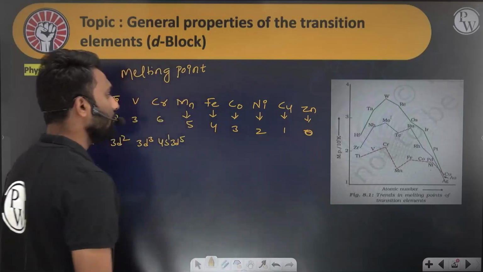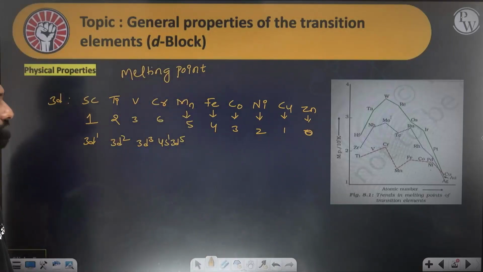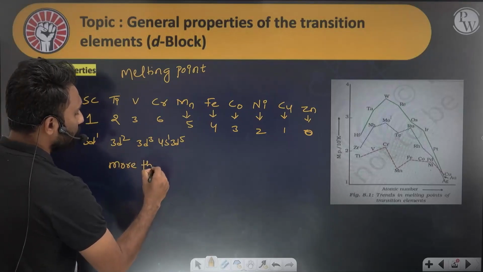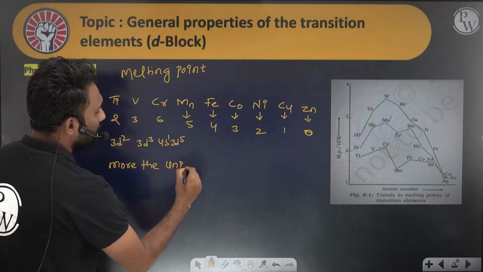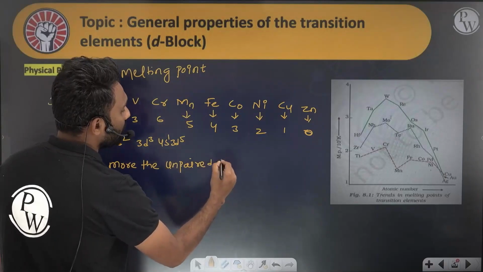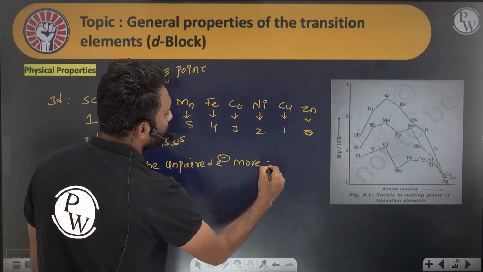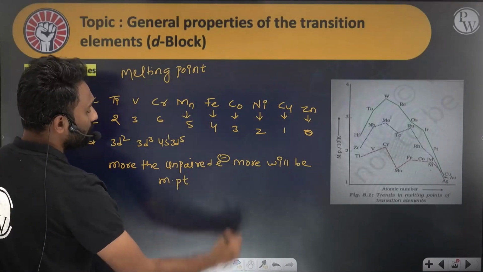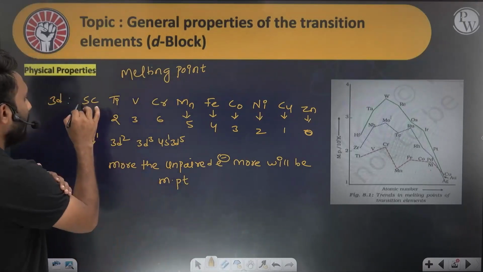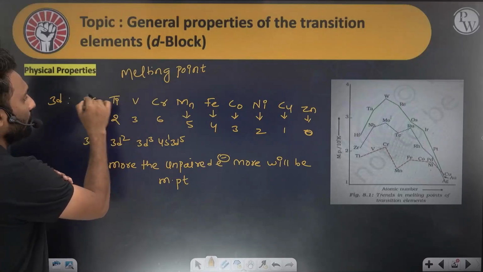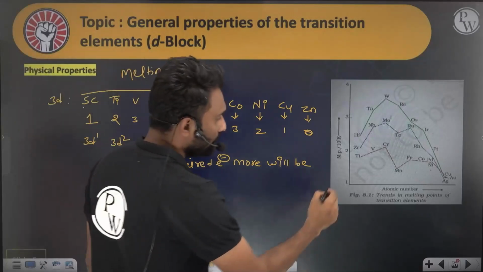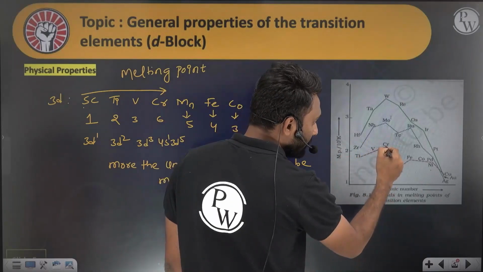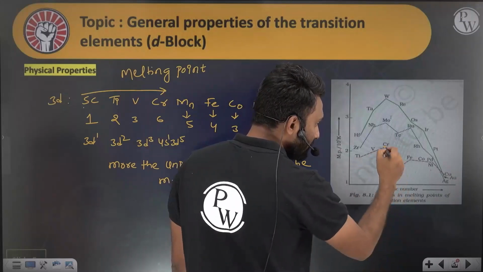Okay, these are the melting points we are having. ಅದಕ್ಕೋಸ್ಕರನೇ, more the unpaired electrons, more will be the melting point. Here, up to scandium to chromium, melting point is increasing: scandium, titanium, vanadium, chromium. After coming to chromium, a sudden dip for